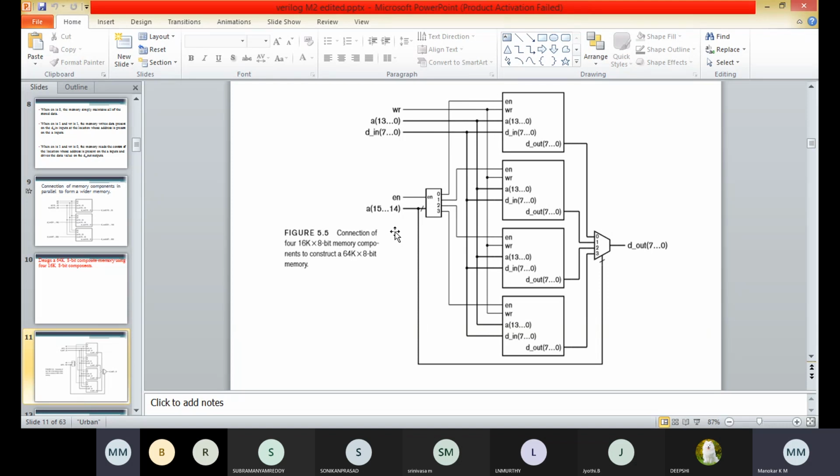Many manufacturers simplify the connection of memory components for larger memories by using a special kind of output driver called a tri-state driver for each of the data outputs. Tri-state drivers are also used for buses that allow multiple data sources to provide data in a system.